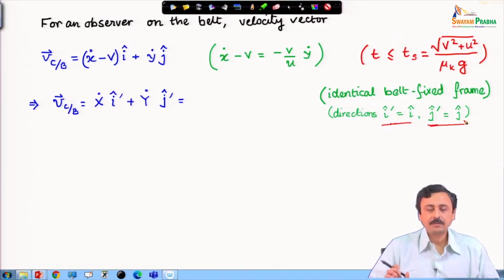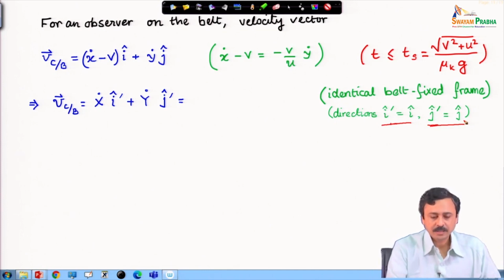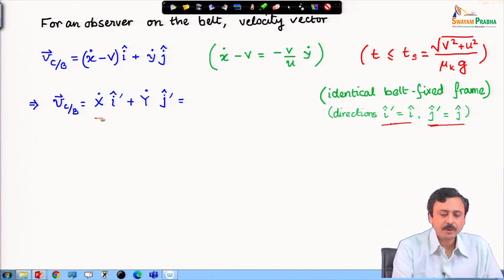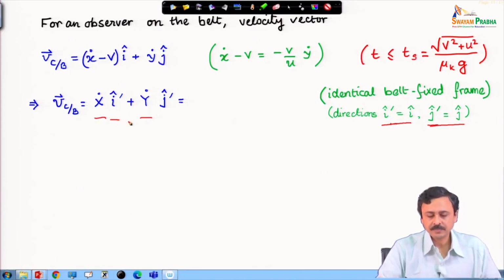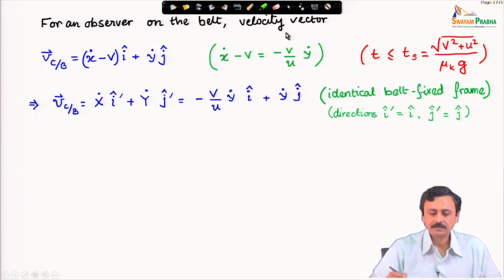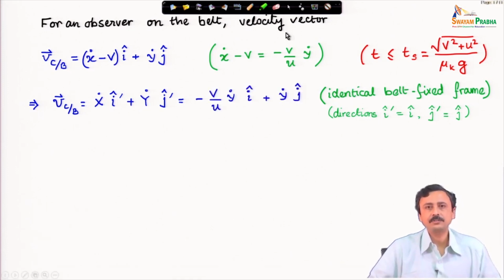Therefore, the x y coordinates for the observer on the belt are co-directed with x y of the observer on the platform, and therefore, the coordinates of the particle, which are capital X and capital Y for the belt observer, can be represented. So, velocity can be represented like this, and this relative velocity is the same as the relative velocity which we have found out,